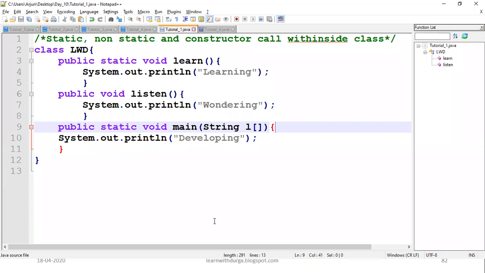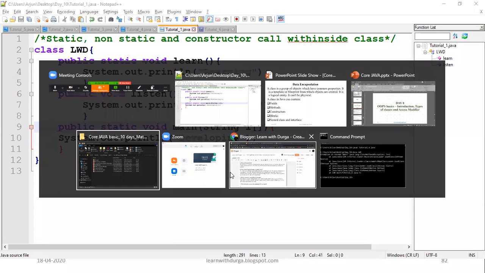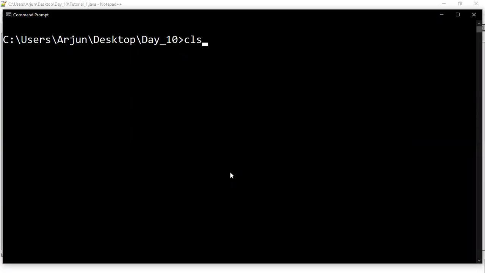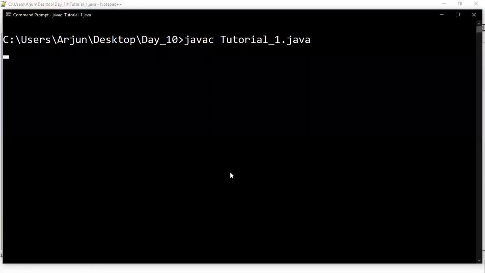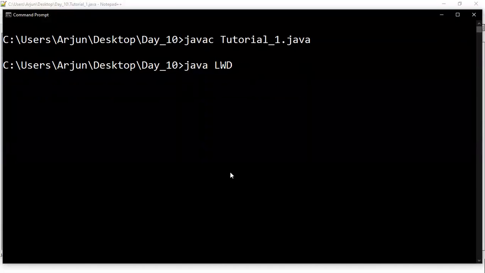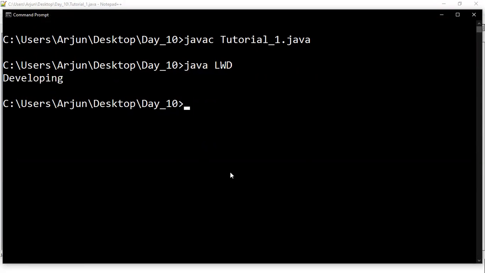The answer is, it's tutorial 1. You won't get any error because you didn't do any function call there. My class name is LWD. Okay, so you'll get only developing.